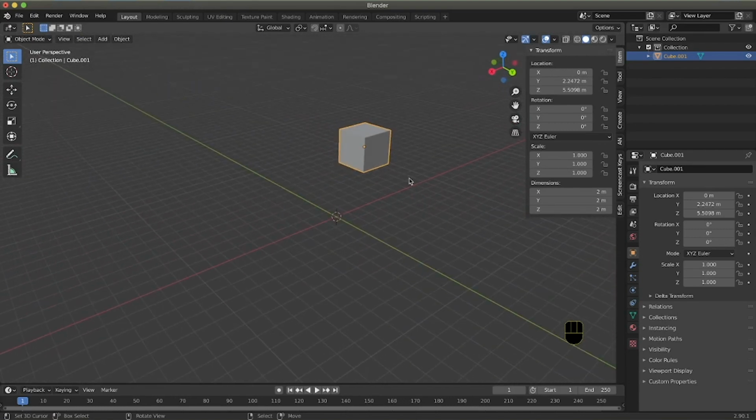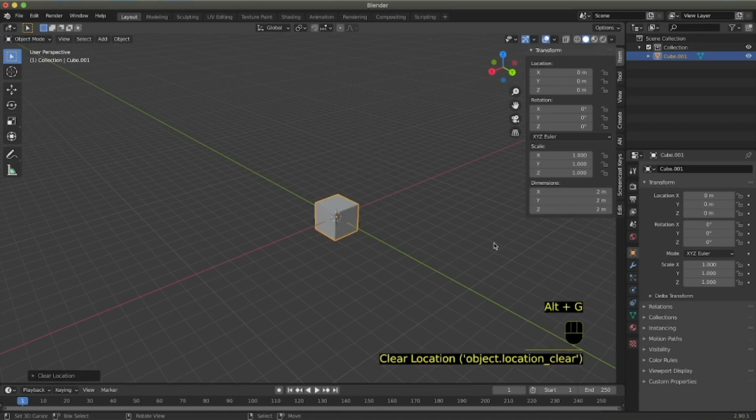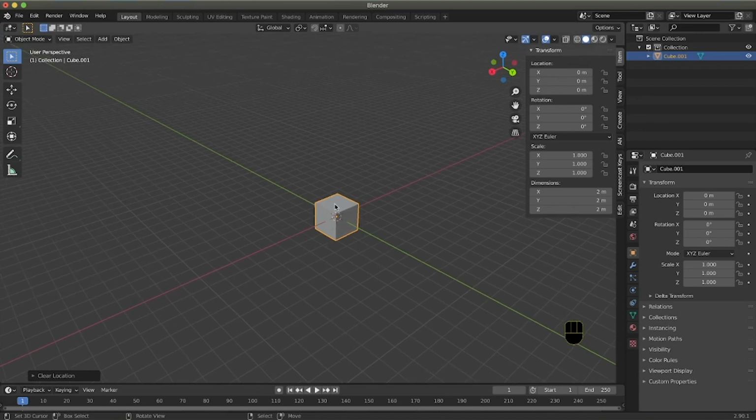But there is another way to do it, and it is simply pressing Alt plus the transformation you want to set to 0, in this case G, because G means grab. If I press Alt G, I reset the movement that I set on my object.